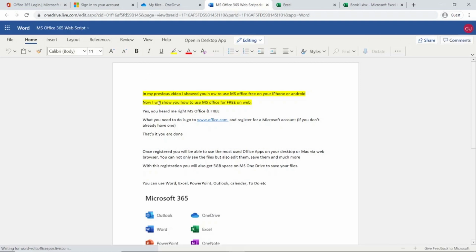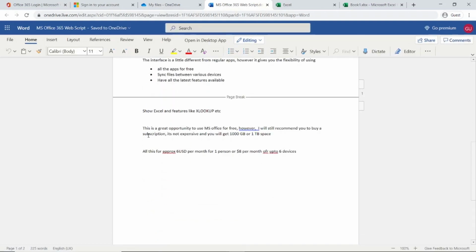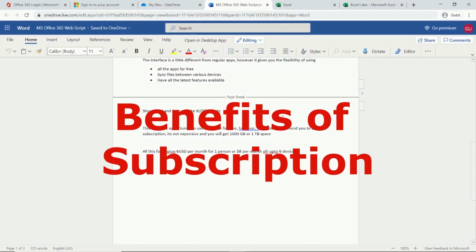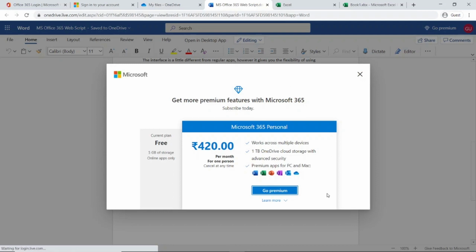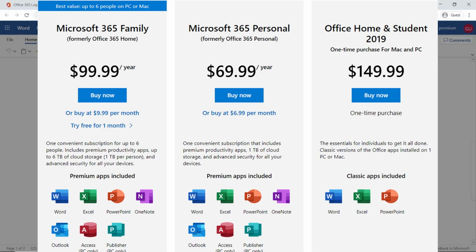Open it in 365. I've shared with you the features. Now, a very important thing is that yes, I know this is a free version and you should be using it, but at the same time, I checked the pricing, and the pricing for the subscription is actually not very high. I'm here in India, so it's going to show me the pricing in Indian rupees, but you can convert it to dollars, or I'll give you a rough calculation for the dollars.